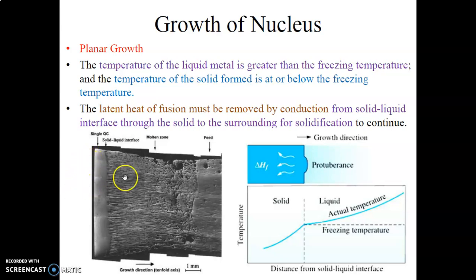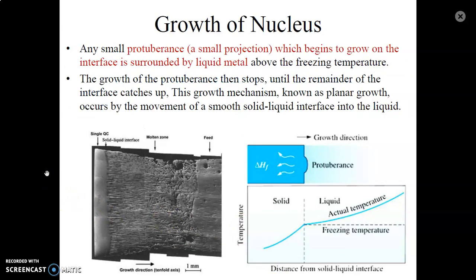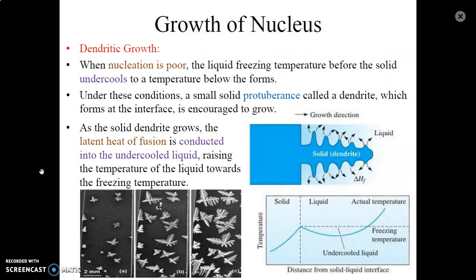Here we have a molten pool at the center. It is a molten zone and it's a liquid-solid zone. So the solidification starts from the left to the right. It is also known as the growth direction. So in the right hand side figure you can also observe the same thing. So growth of nuclei, as we have discussed, at a certain point it will start and it will go into different directions. So here it is the second part, that is dendritic growth.